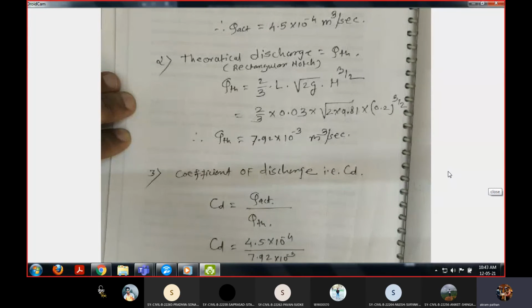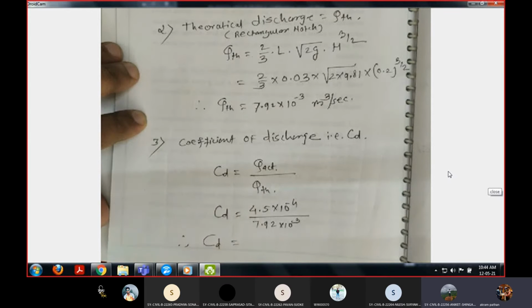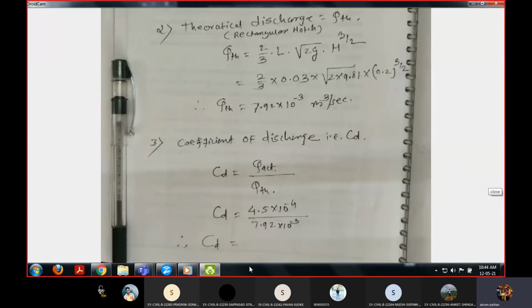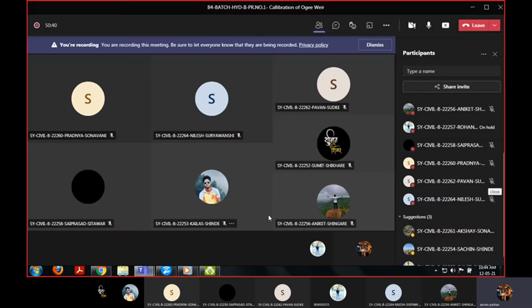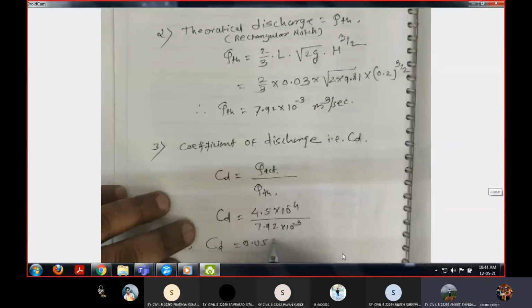So what should be the CD? किती आली? Anybody? किती आला CD ची व्हॅल्यू? हे सगळे डिप्लोमाचे आहे का, रेग्युलर आहे या बॅच मध्ये? 0.056. Okay,